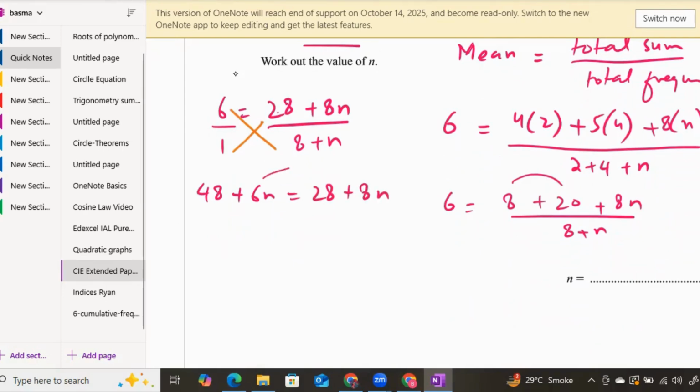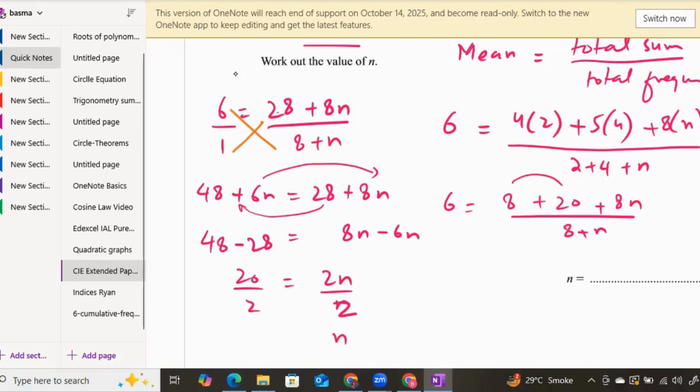Now move plus 6n to the other side. That will make it 8n minus 6n, and move this plus 28 to the left hand side. That makes it minus 28. So 36 minus 28 will be 8 is equal to 8n minus 6n will be 2n. Now divide both sides by 2. So n will be 4, right? n will be 4. Okay, so this was